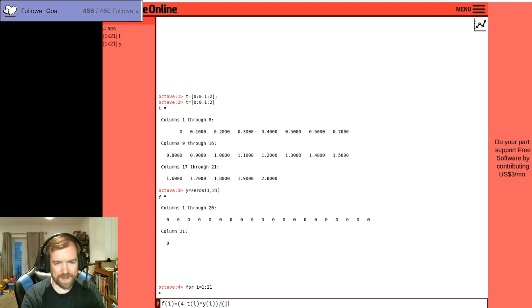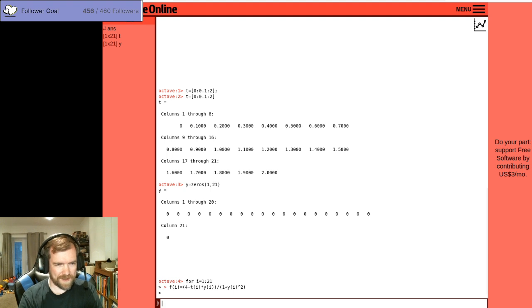Divided by parentheses 1 plus y of i squared. This should work. Followed after by y of i. It's going to be equal to